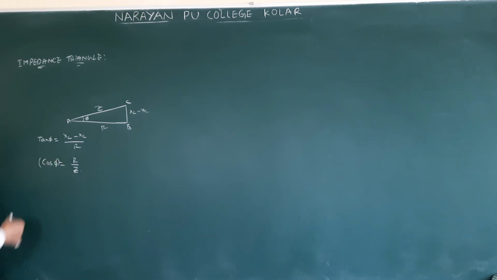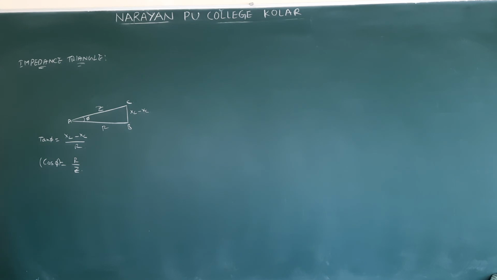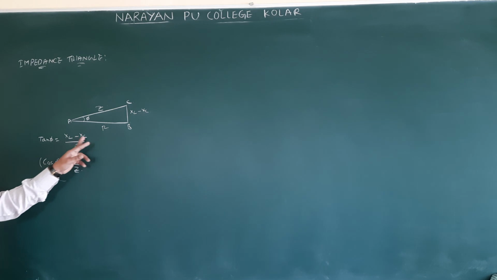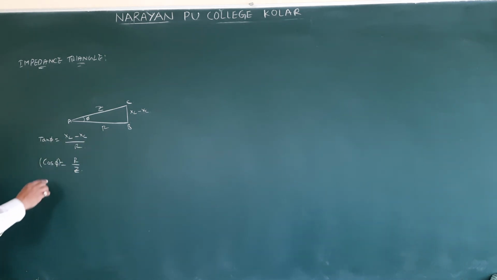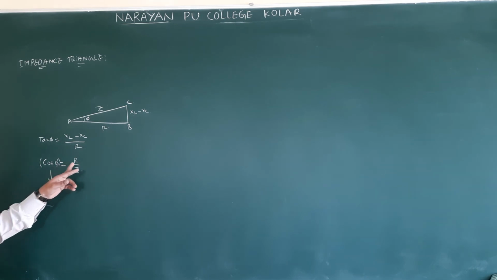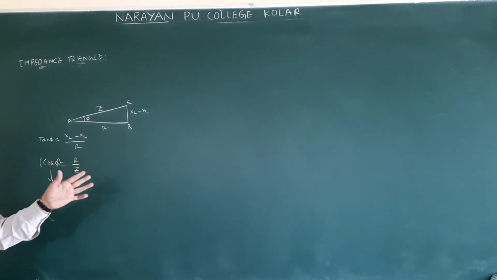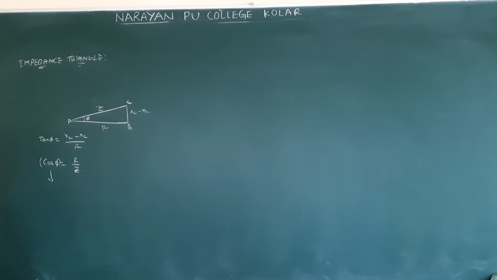Right. This cos phi has a name, which we will get to in an upcoming topic. This cos phi is called power factor. So power factor means R by Z, and phase angle means XL minus XC by R. They will give an LCR circuit and ask you to calculate the power factor. If they ask for the power factor, you should find cos phi. Cos phi is equal to R by Z. We will define the power in an AC circuit.